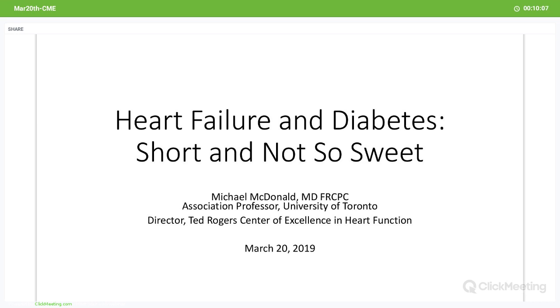And you've had a session on the SGLT2 inhibitor story, and I have some of that in the talk here. But I really want to focus on one aspect of heart failure that really dogs us, and it contributes to the level of difficulty of looking after these patients. So without further ado, let me